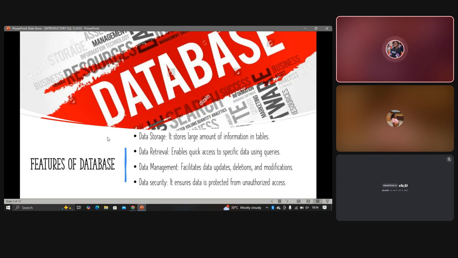We also have data management. Data management: a database facilitates data updates, deletions, and modifications. Like I said earlier, you can manage your data within a database. Once you have access to that database, for each of the tables in the database, you can manage the data there. You can update it, you can delete, and you can modify it, make changes to the data in